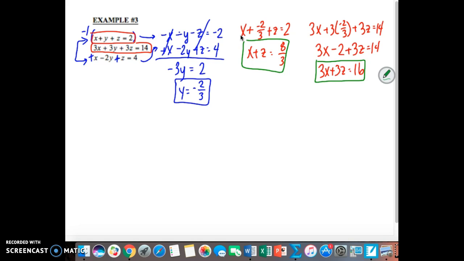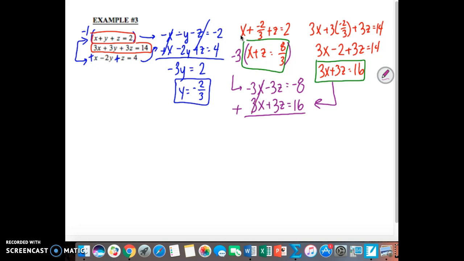Since we have 2 equations with x and z, we can now either use substitution or elimination to solve for another variable. If we multiply this first equation by -3, then we will end up with -3x minus 3z equals -8. So that's one equation. And then we also have 3x plus 3z equals 16. That's just rewriting the same exact equation. And now adding these two equations,